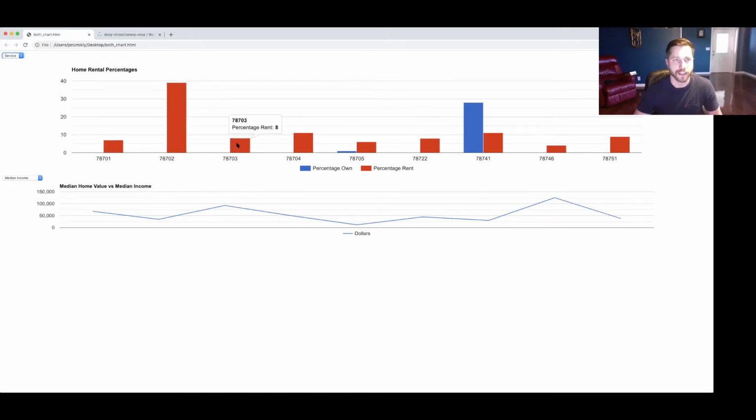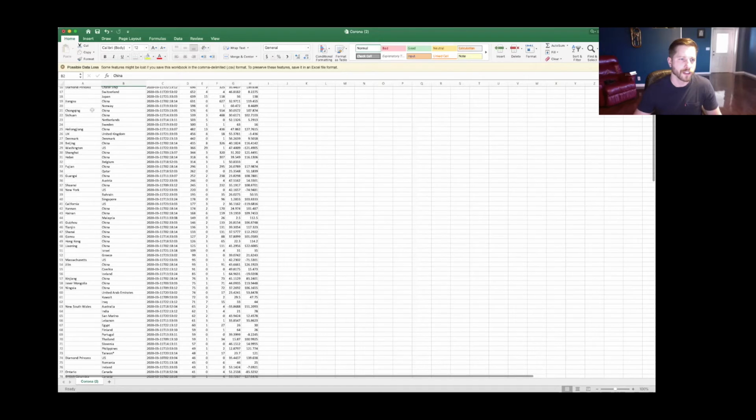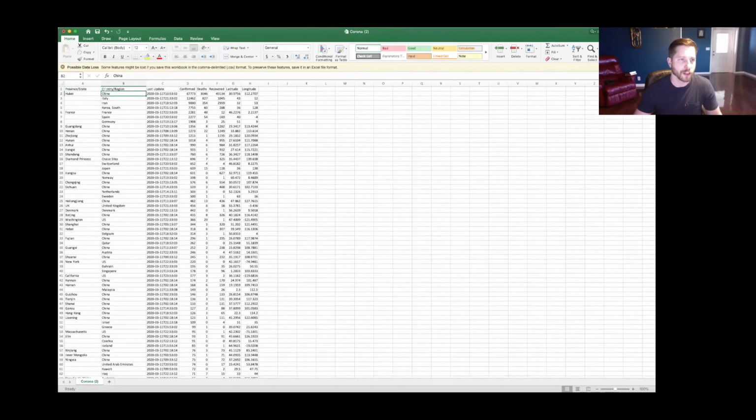So I think it's important to start thinking about that before you start messing with your data too much. You really have to think about what you're trying to find and how you're trying to visualize it in some way. So the first thing that I'll need to do is isolate some countries. And the way that I'm going to do that is I'm going to get in my B column chart, and